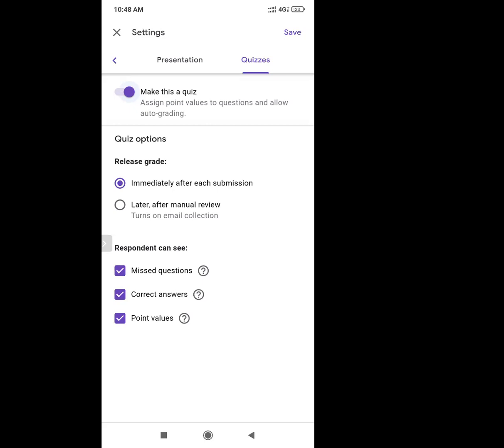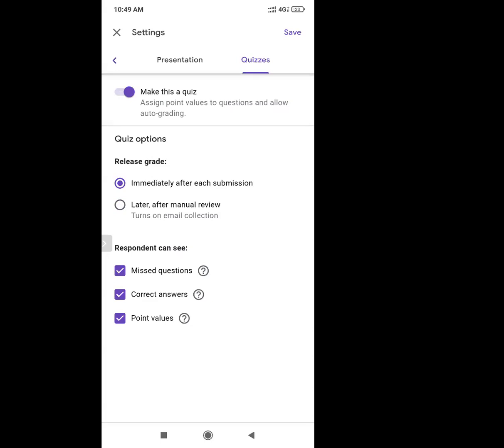Or if I click on Later, after manual review, then they will get the marks after the owner mails them, meaning after the manual review the owner will mail the marks to the participant. If I want to give them marks immediately after submission, I will click on this. If I want to give them afterwards, I will click on the second option. And respondents can see missing questions. It is important; you should know which question is missing.